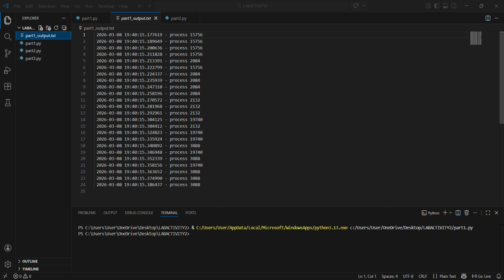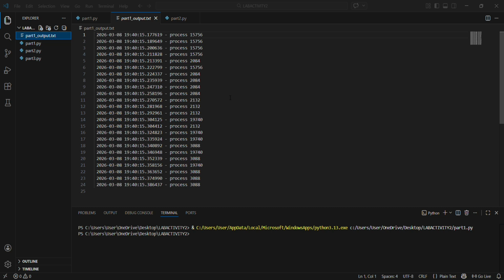As we can see, the lines are interleaved and disorderly, with different process IDs mixed together. This happened because multiple processes access the file at the same time, causing race conditions. In my observation, when the program ran, all the processes wrote to the same file at the same time. The output lines are mixed and interleaved, meaning entries from different processes appear in no fixed order.